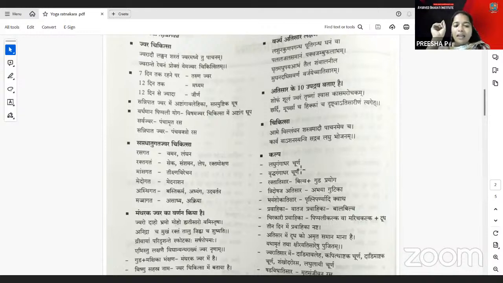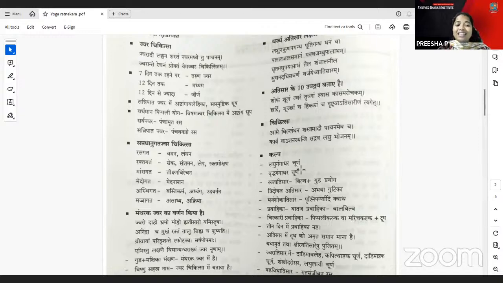So, Medogata, Medanashana, you will surely get it. Asthigata for the Bastikarma and Abhyanga. Asthi and Abhyanga, maybe I think you will have difficulty to understand that. So, Asthi and Abhyanga, you can just correlate there. Abhyanga should be done over the Asthi, or the Abhyanga and Udvartana should be done for the Asthi, like that you can correlate. Then you will get the Asthigata Jwara Chikitsa, the Bastikarma, Abhyanga, and Udvartana there.